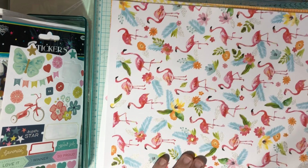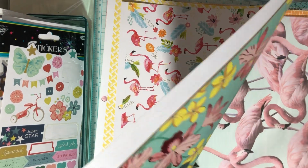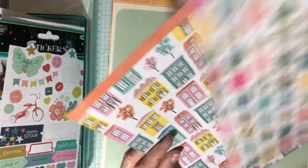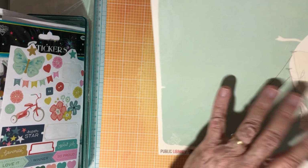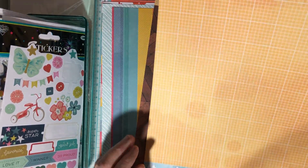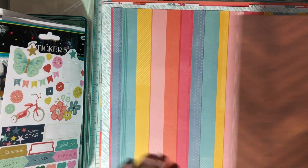Graphic or geometric print, there's some more. Lots of those that I didn't use. This is an interesting one: travel stamps, destination stamps, some houses, an October afternoon, book tour, and it has animals in it that could have gotten me rules, and I didn't use it for some reason. Then I hit a bunch of my old Amy Tangerine stuff. This is one of my favorite pattern papers ever, and it's from Sketchbook, which is one of my favorite collections ever. Nice wood grain,